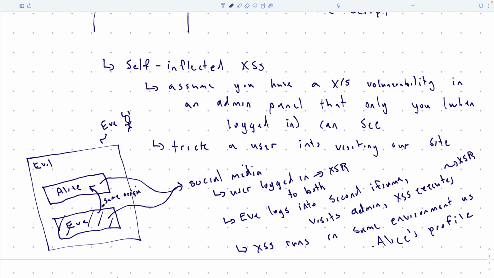And then you have a cross-site... It's not even a cross-site request. It's just a same-site request. But you can make a request from this frame into this iframe, and they're both running in the same origin, so you can access each other's resources. Sorry, Alice here cannot see the vulnerability in the admin panel herself.